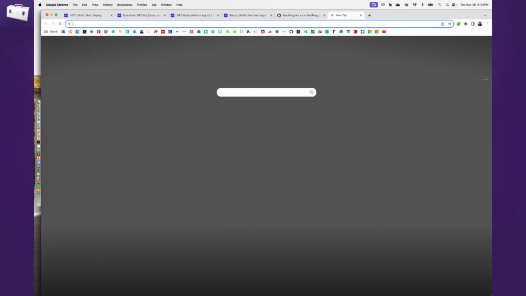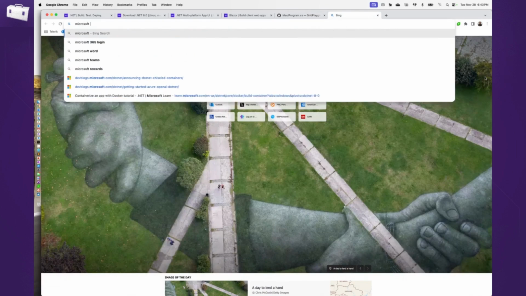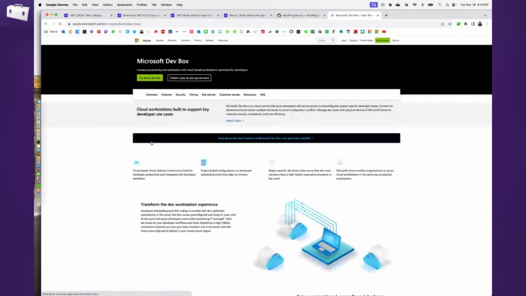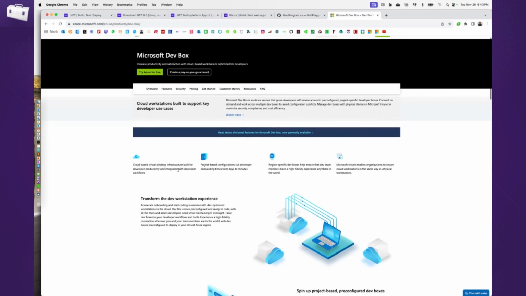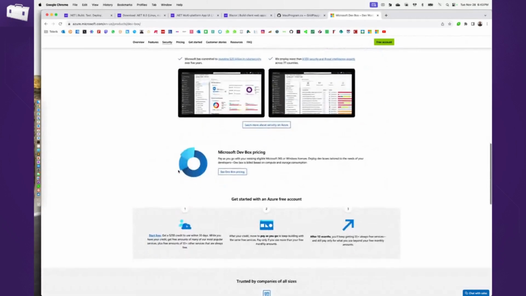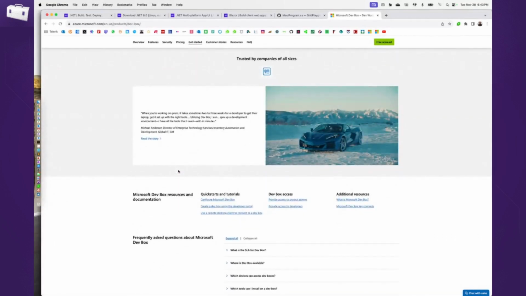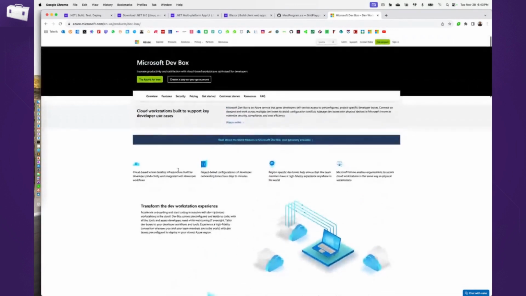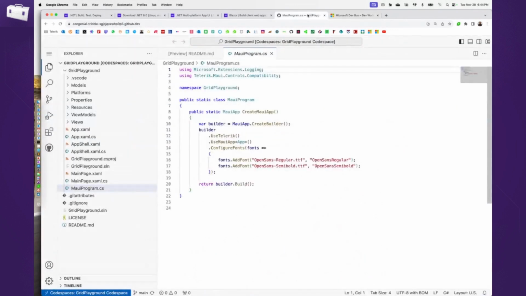And this is the same concept if you look at, let's see if I can pull this up, Dev Box. Same idea, or maybe just done a little differently. This is more for enterprises and IT admins. This is Dev Box, which is essentially a VM in the cloud with VS Code or Visual Studio running exactly the way you want, with your code and your .NET naming conventions, whatever you need as a team. Maybe you're doing MAUI, maybe you're doing Blazor, maybe you're doing Azure. Everything that you need can be set up, and then you just join this VM and you're up and running. So the same idea here with Codespaces.